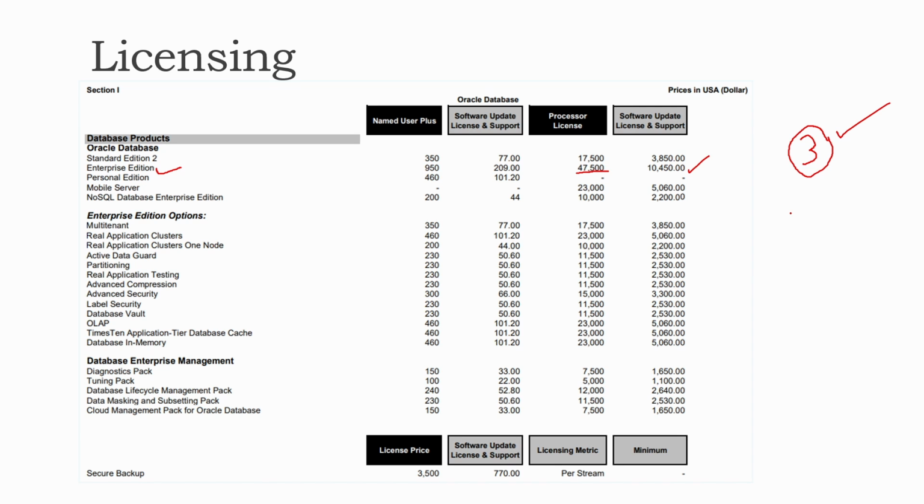Wow, not a bad deal. Now, if you need additional multi-tenant, you have to come here. More than 3, then you need to add more cost. But up to 3 PDBs are part of a single license, which is this one. Okay,